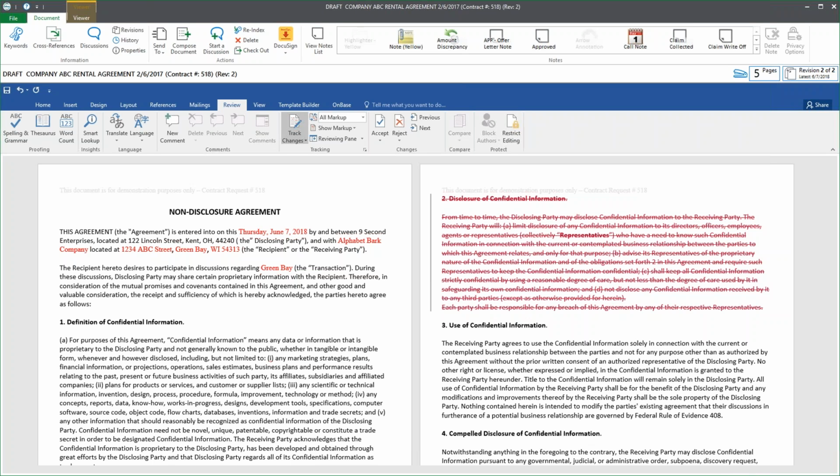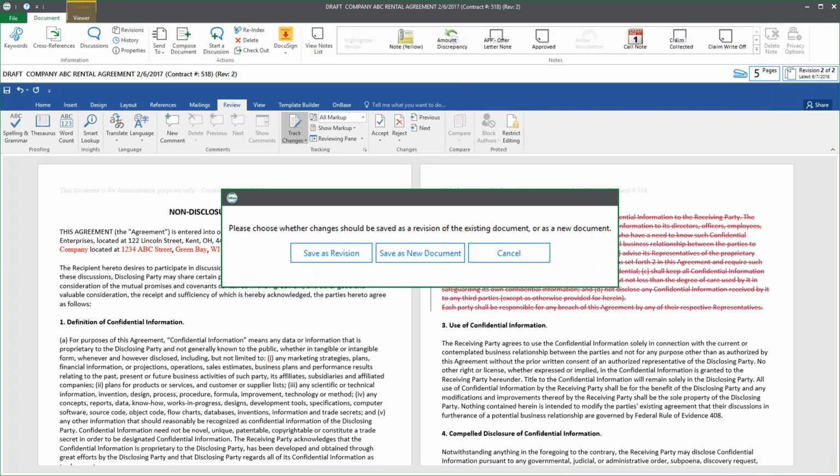I turned on Microsoft Word Track Changes. I'm showing my markups, and I've just deleted that entire section 2, that disclosure of confidential information that you see on the right-hand side of the screen. When I use my Microsoft Word Save button, the diskette that appears at the upper left-hand corner of Microsoft Word,